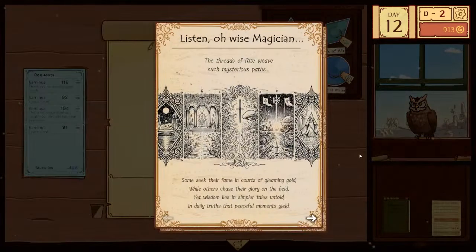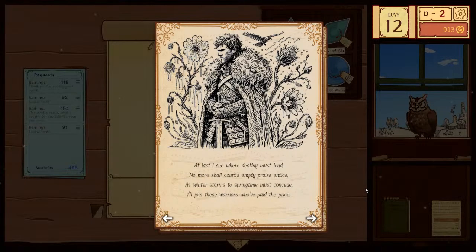Listen, O wise magician, the threads of fate weave such mysterious paths. Some seek their fame in courts of gleaming gold, while others chase their glory on the field. Yet wisdom lies in simpler tales untold, in daily truths the peaceful moments yield. At last I see where destiny must lead, no more shall courts empty praise and dice.